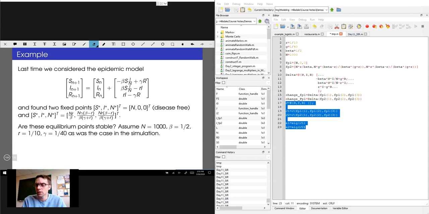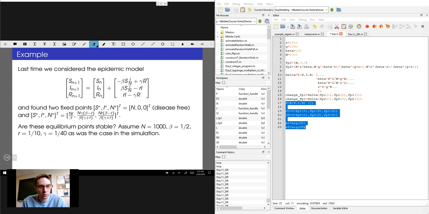All right, in this video, we're going to see how we can use the Jacobian and the eigenvalues of the Jacobian to determine the stability of the fixed points for a nonlinear system. And we're going to be looking at this epidemic model that we studied in a previous video. And on the left side of the screen here, you'll notice there's the old equation that we derived and the